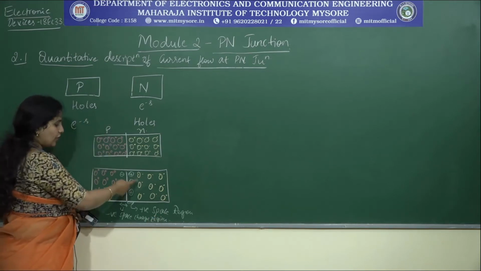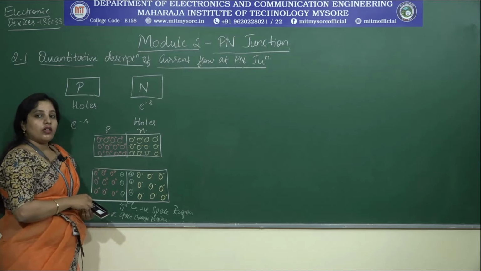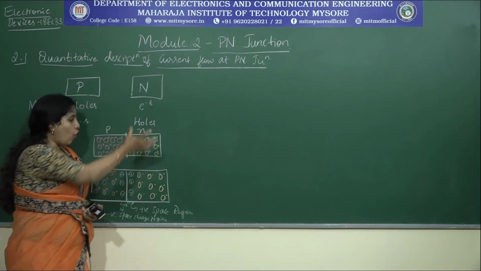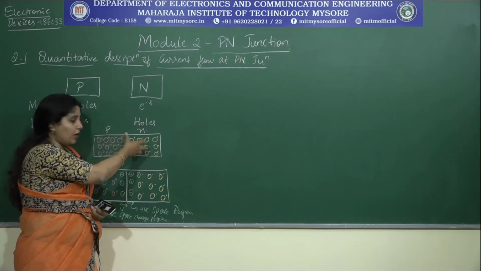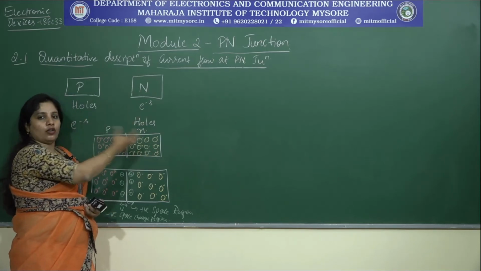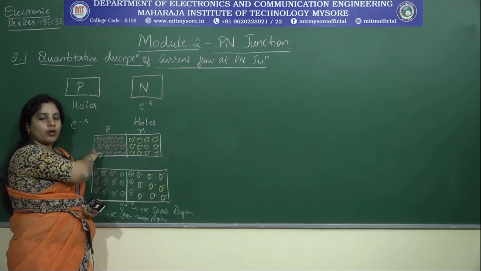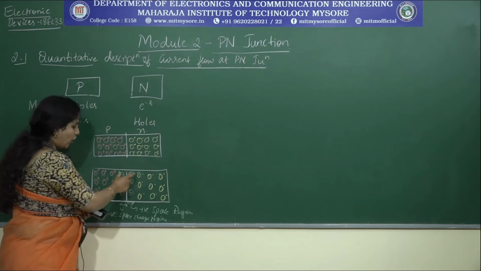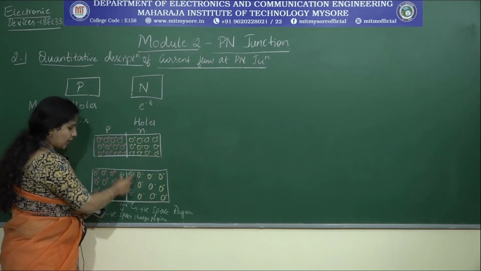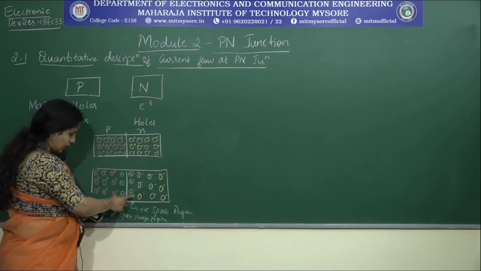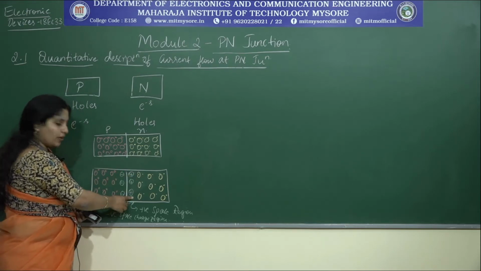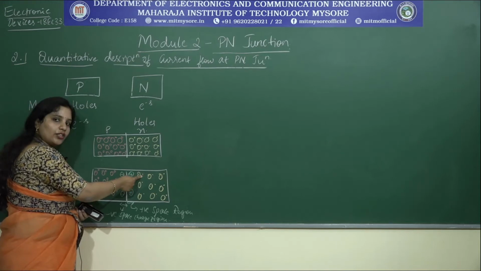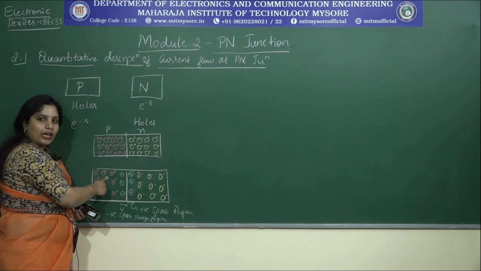Now, the diffusion, whatever is happening, similar to air molecules, can that diffusion completely happen? Can all the electrons present in the n-type combine with the holes present in the p-type? No, it is not possible. It is not possible because of the immobile ions generated at the junction. What will happen is, see, under this condition, let me see what will happen. See, there is an electron here. What is this electron trying to do? It is trying to diffuse into the p-type material.